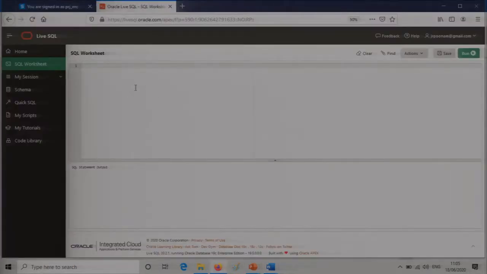So I have pasted already the create commands for 2 different tables. There is one countries table, one states table. I will read it out for you. However, I will paste it here and run it. Both the tables have been created. If you can see the output here. What are these 2 tables? One table is about